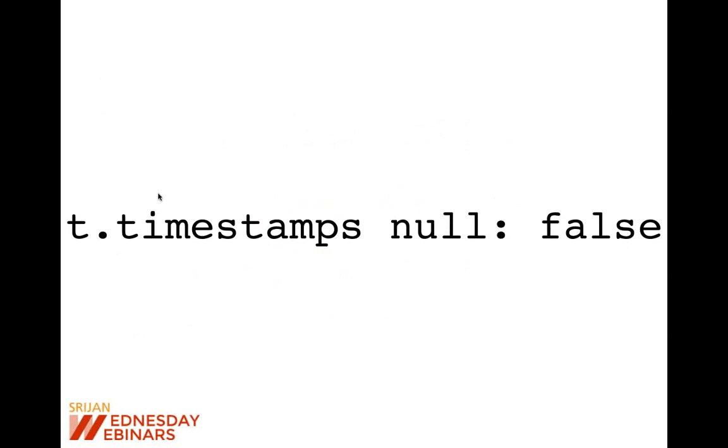Like in Rails 4 and in previous versions, if you generate a migration for a table, you will see that the null false clause is added by default. But in Rails 5, that clause is not added. Why? Because in Rails 5, null false is assumed by default. So there is no mention of that null false in the migration. But when Rails 5 runs the migration, it will take care of adding that null clause automatically. So these kinds of changes are good. But again, we have to make sure that these changes don't break backward compatibility.